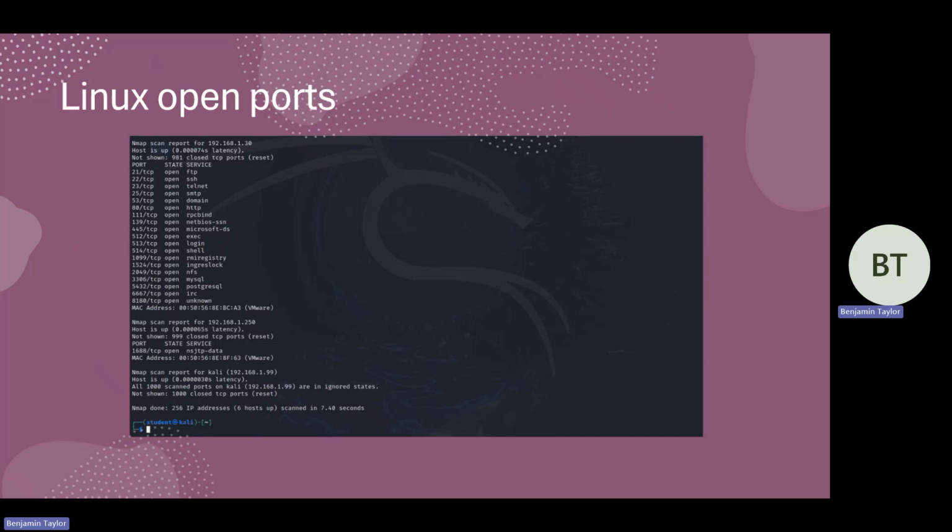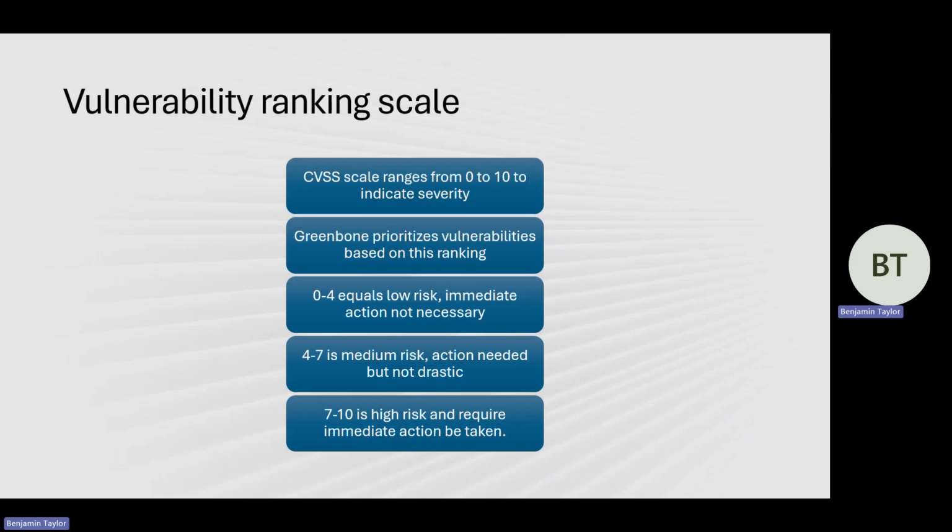And here's a photo of all the open ports that were used in Linux. A lot of these you'll have seen in these past few slides that we've gone through. And this is the vulnerability ranking scale. I found that the CVSS scale has a range of 0 to 10, and 0 to 4 is what they would call a low risk,